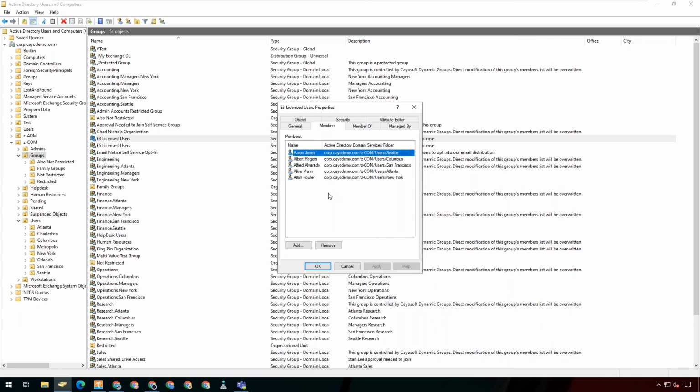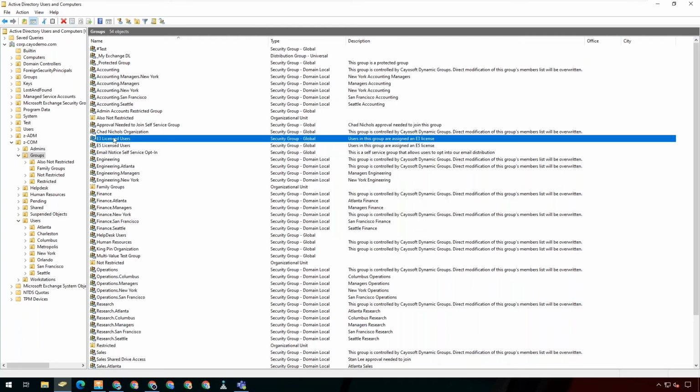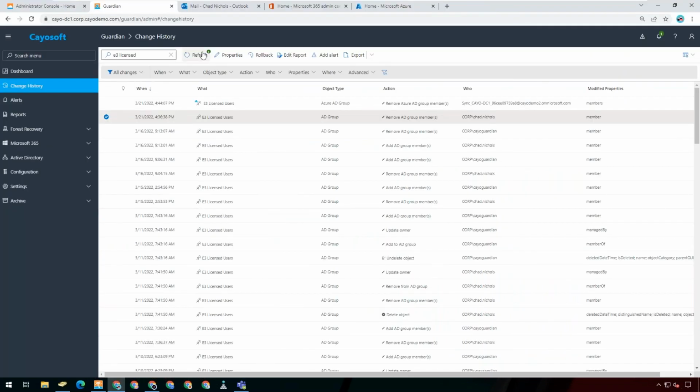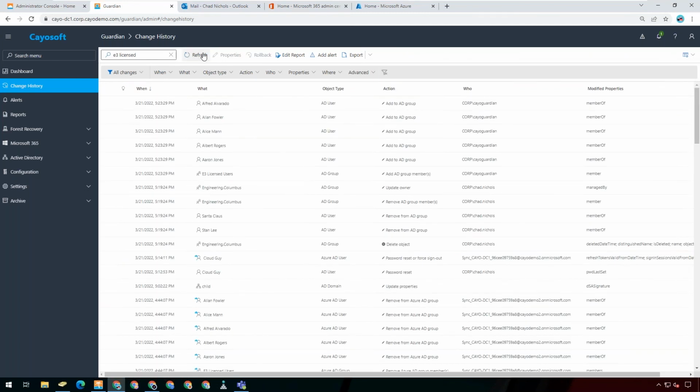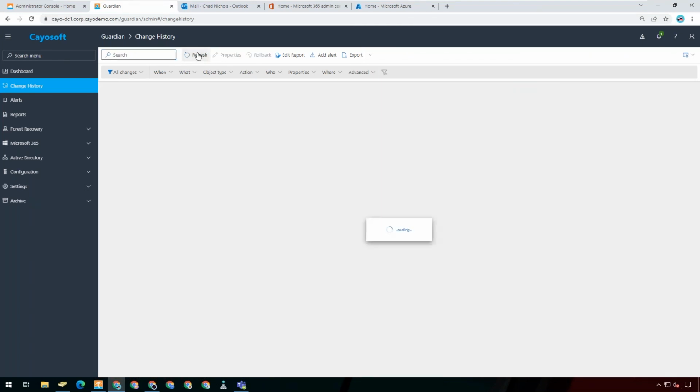This is not a deletion for the recycle bin that it would track. So this is a change that is going to be very difficult, if not impossible, to troubleshoot, especially in a really, really large environment. Like I've said, they quickly saw the value of the tool when this occurred, and they became a customer shortly thereafter.